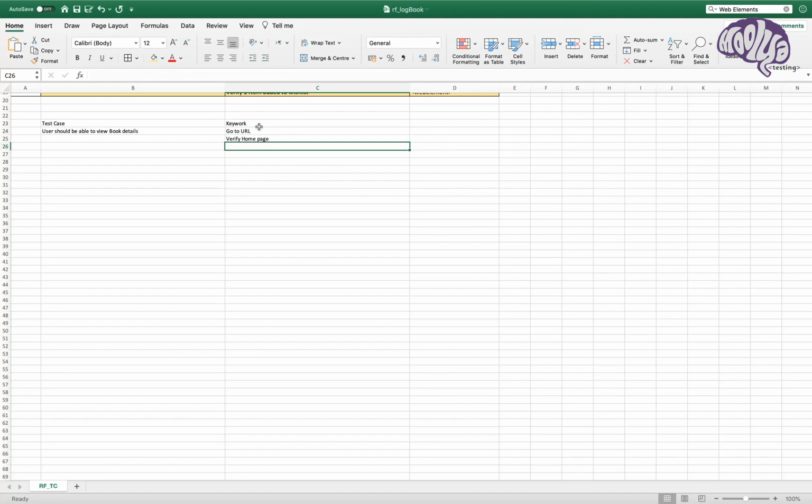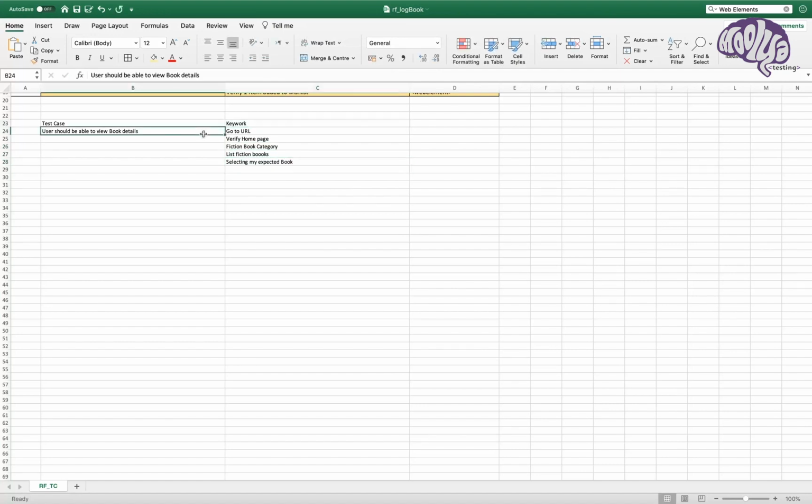Let's say I'm looking for a fictional book. And then I will be going to that list of fictional books, and then I will be selecting my expected book. So these are all the keywords that I'm going to say.